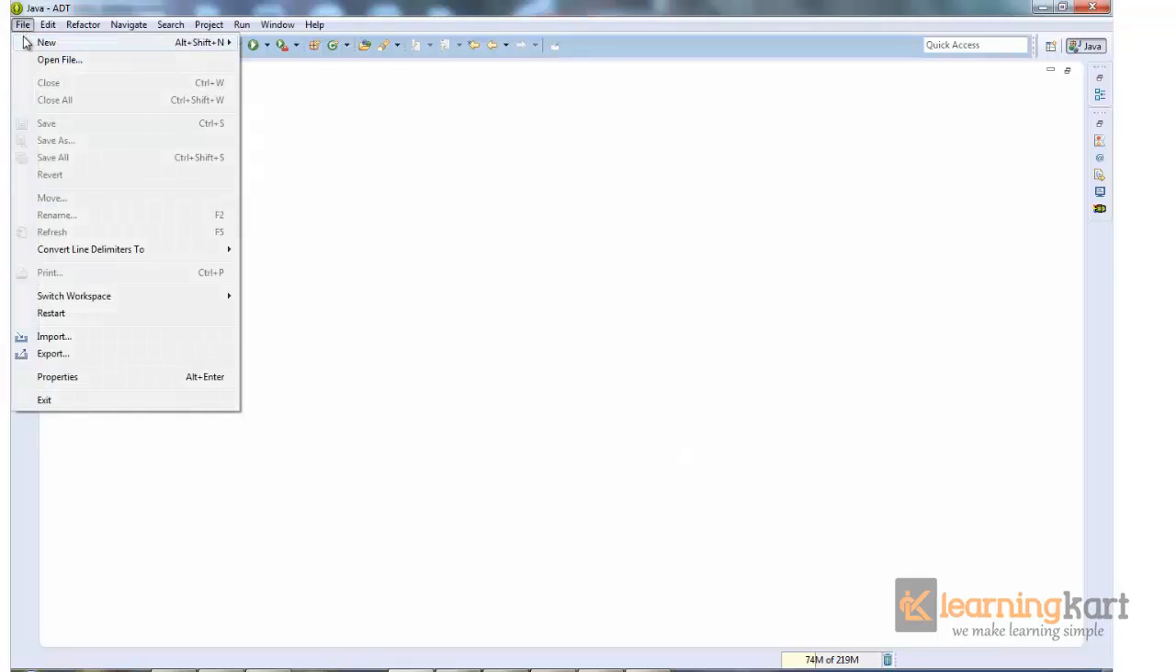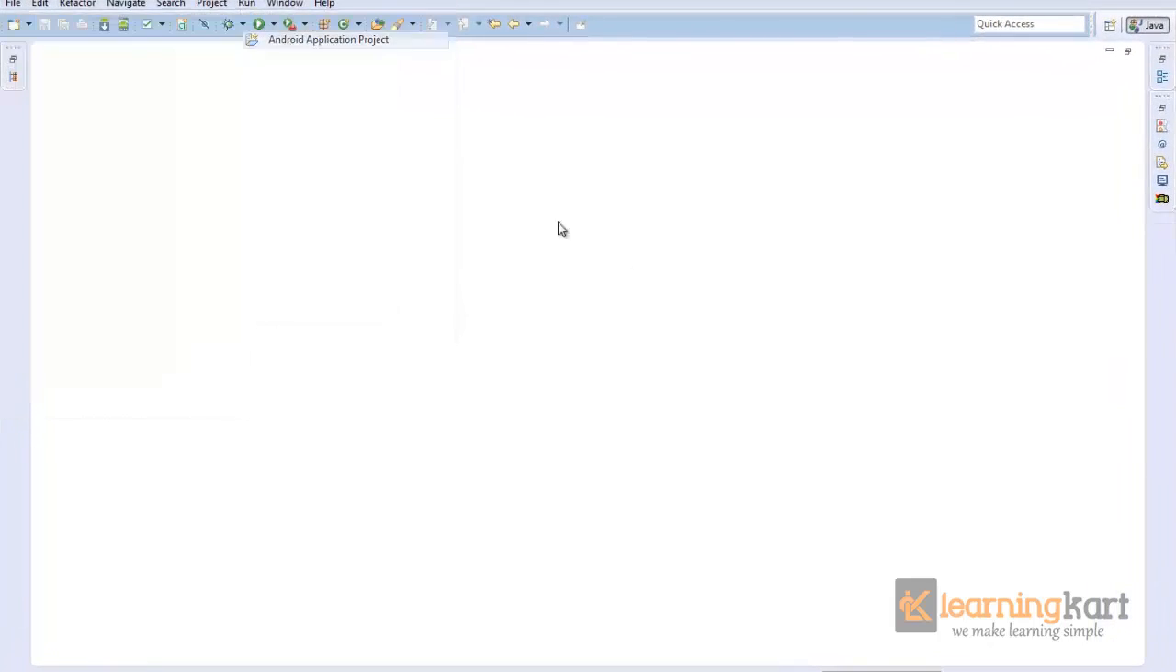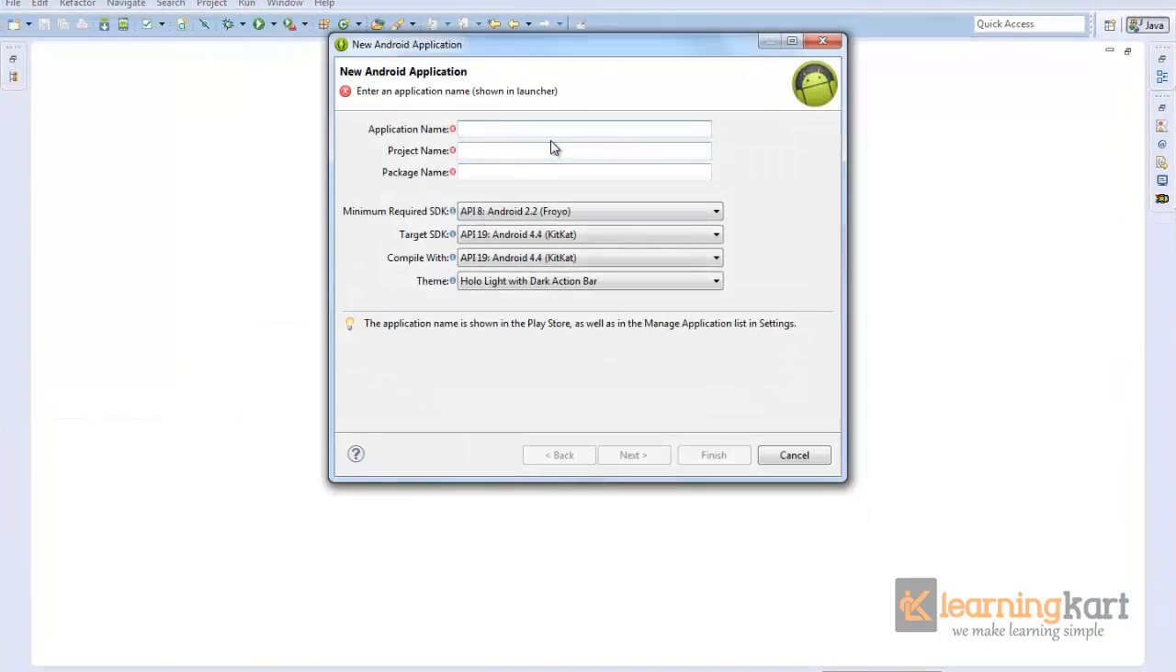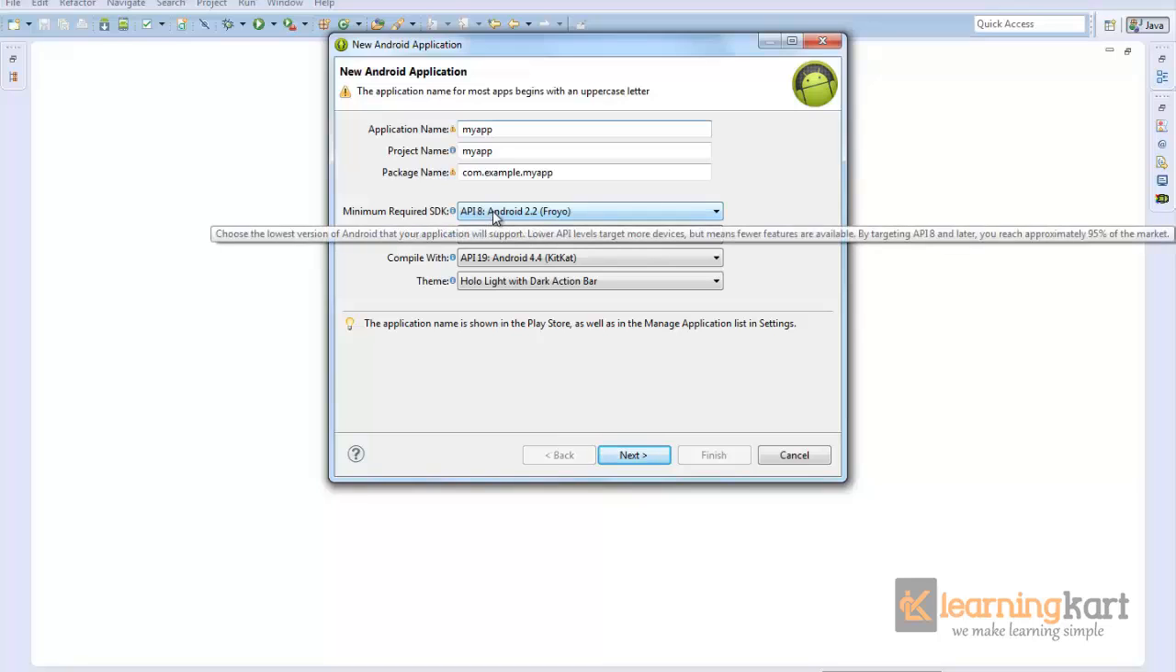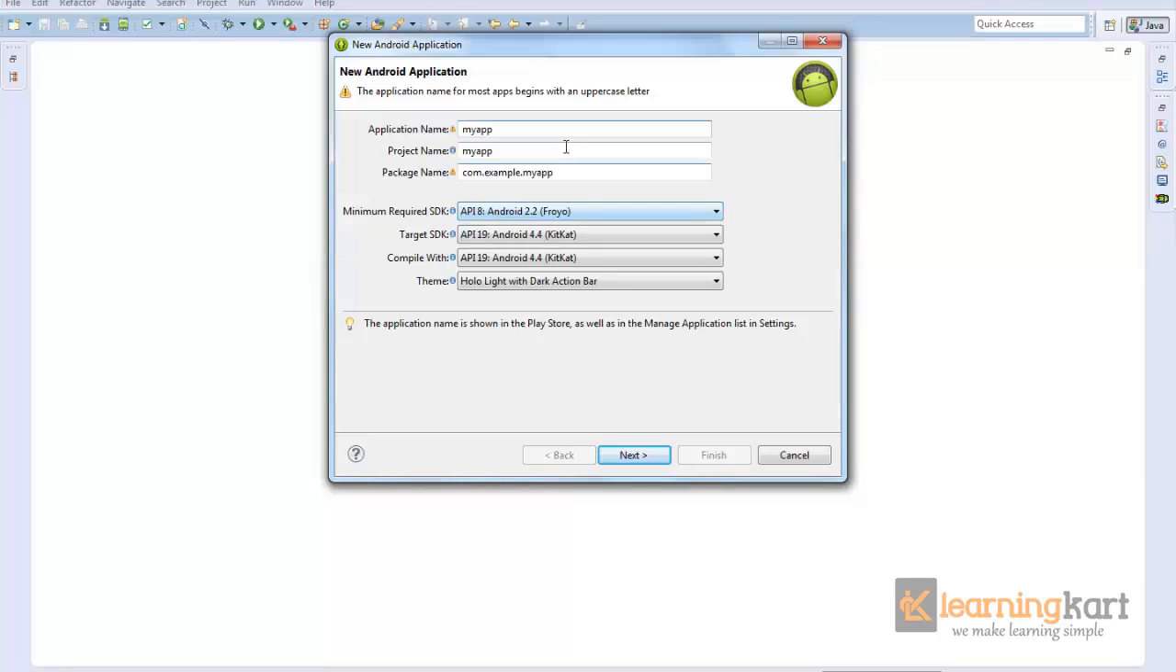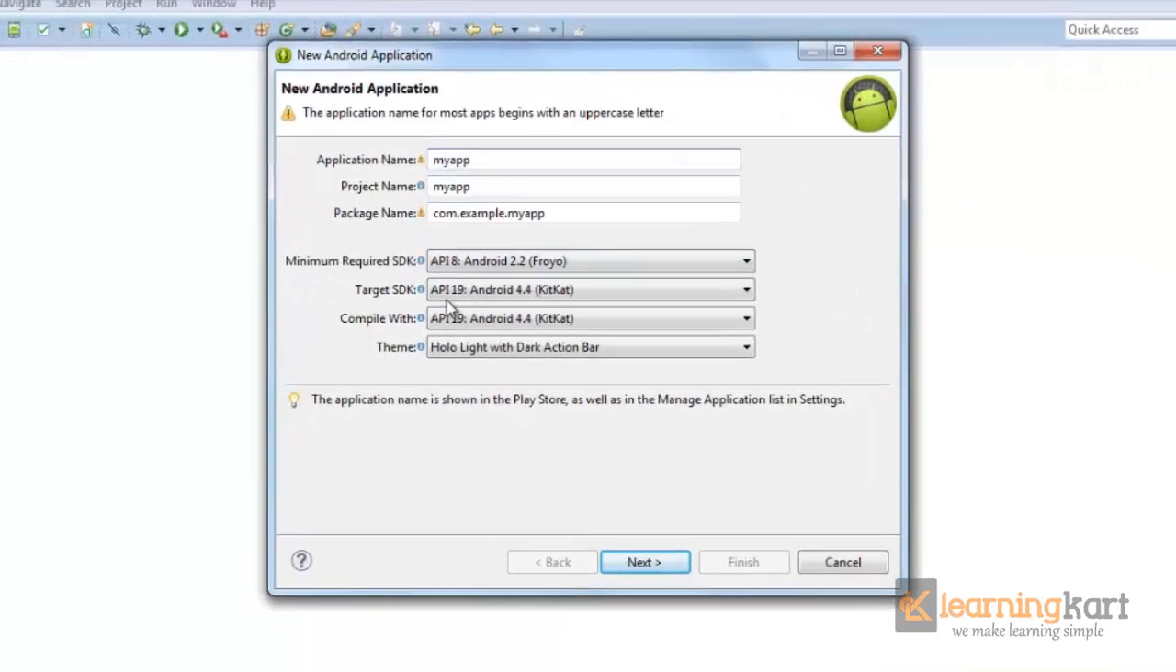Let's get started. Create a new Android application project and give it any name, say my app. Now what exactly do we have with this minimum required SDK? This is the minimum API level on which this application will run. So anybody whose mobile runs API 8 will be able to run our app, up to any mobile which